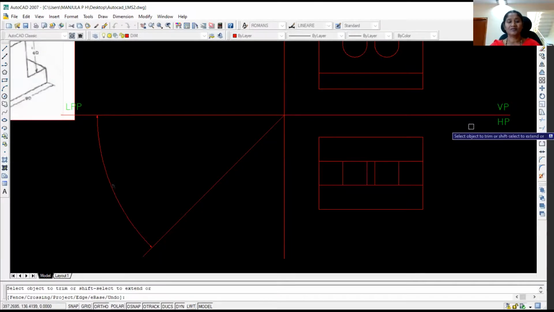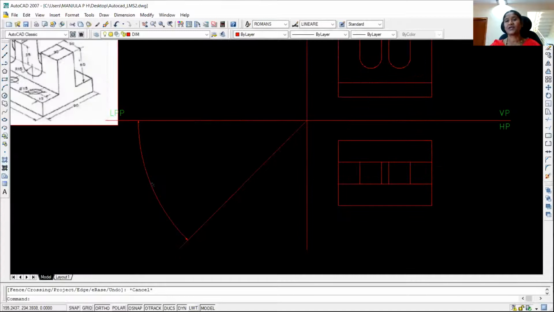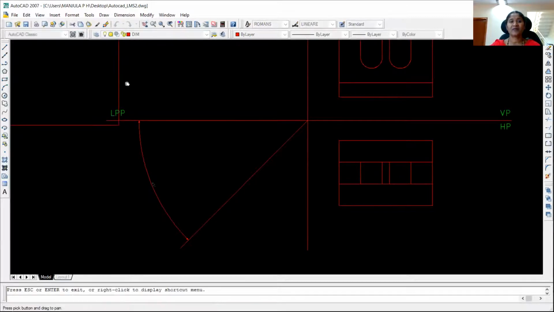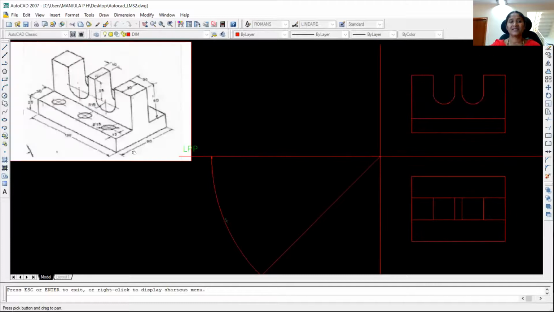Now, what else are we supposed to draw in the top view? In this top view, I have to draw these holes. Each hole is of diameter 15 mm. While drawing in the sketchbook, we saw the hole diameter is 15 mm, and the distance from this end to the center of this circle is 15 mm. Again, this distance is not given, so I'm going to assume it to be 15. From this end to the center of this circle is 15 mm. Again, I'm going to assume from this end to the center of the circle is 15 mm.